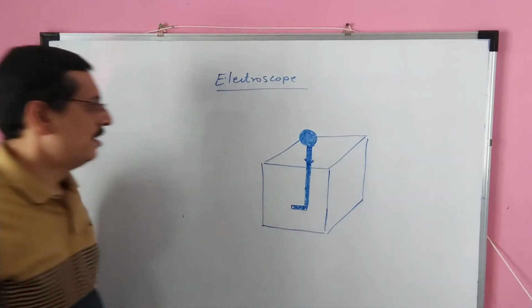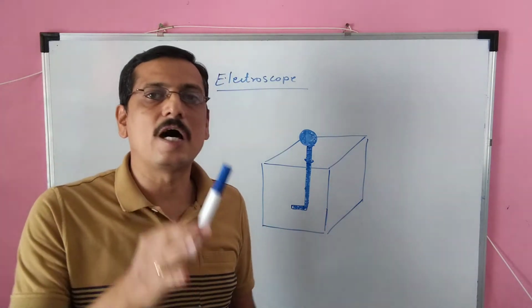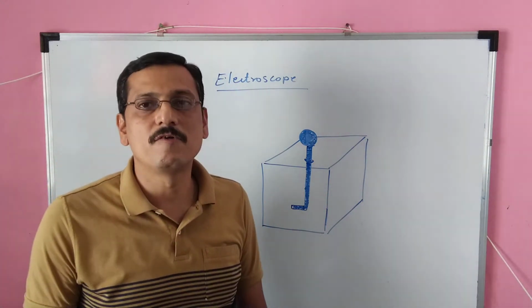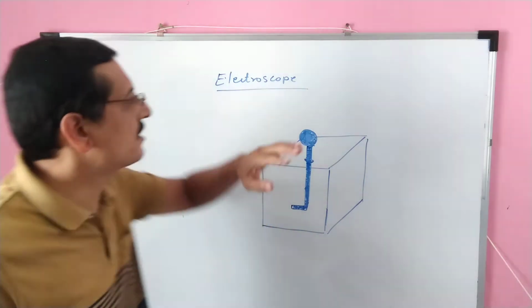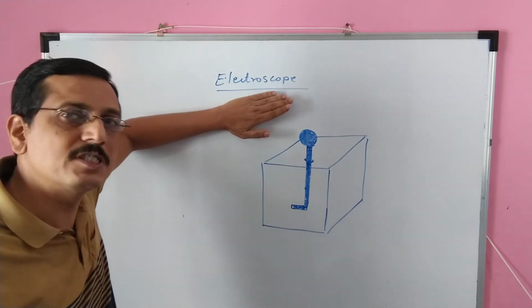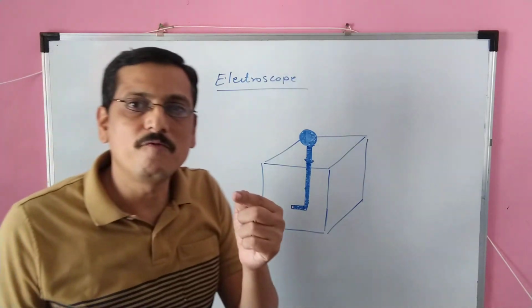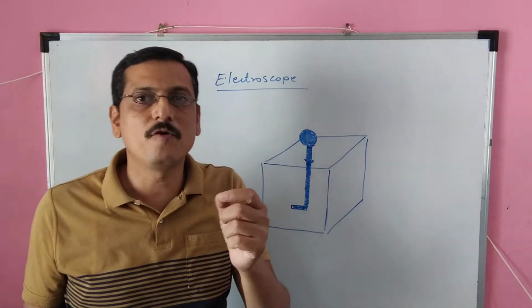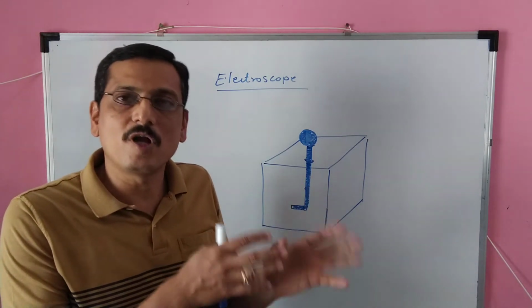Okay, fine. Now what we have to do is, I want to check whether, say, this pen is charged or not. For that we require a foil. Usually gold foil is used, which is why it is named the gold leaf electroscope. So first time when it is used, gold foil is used. Instead of gold foil you can use silver foil, or you can do a project on this. Students, you can make a small project for this.